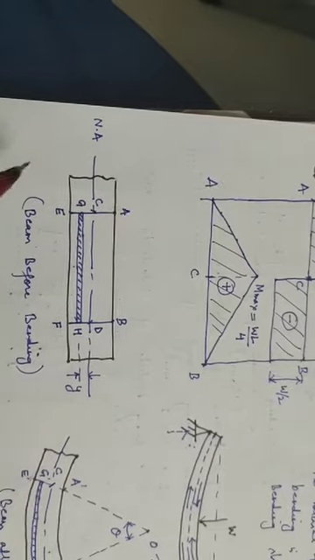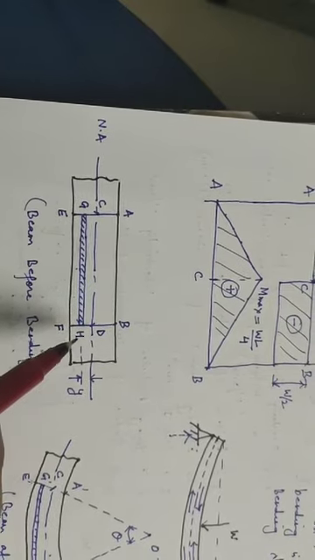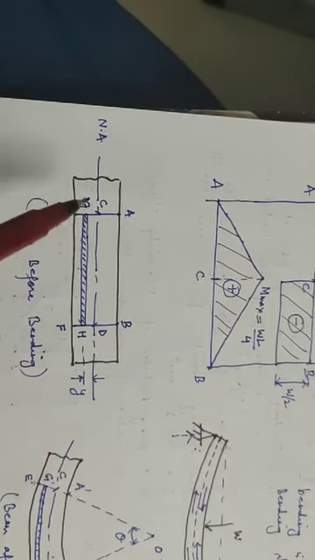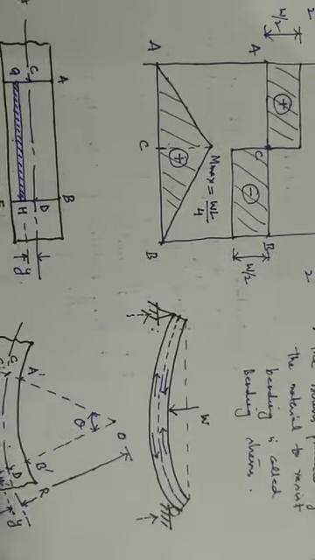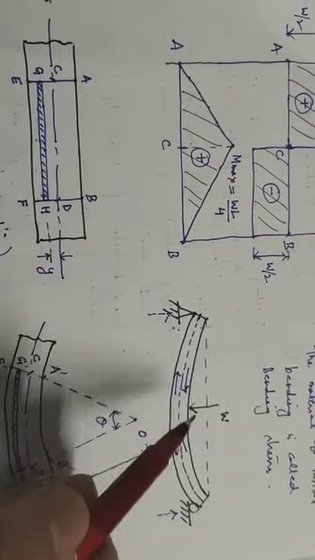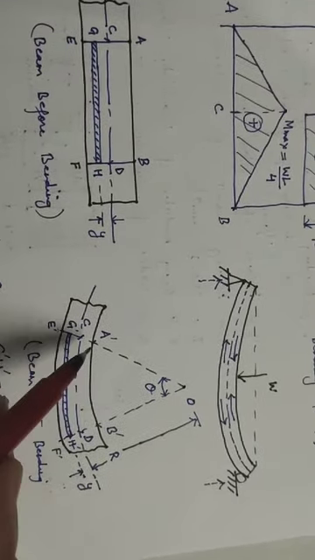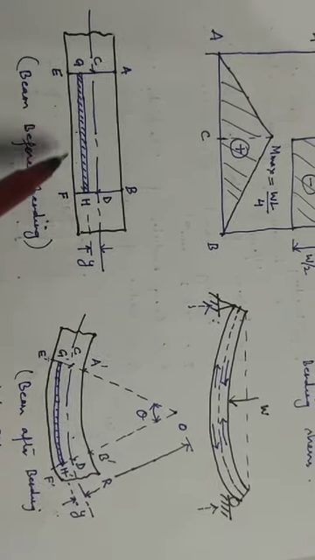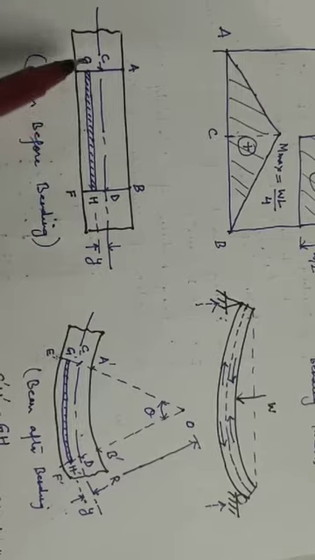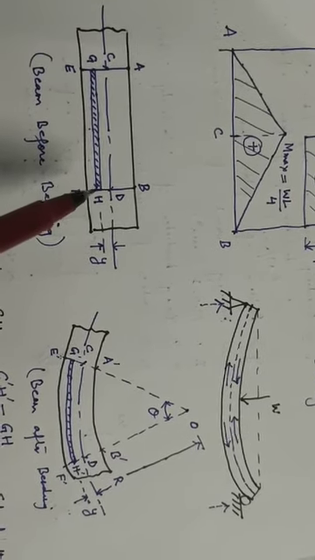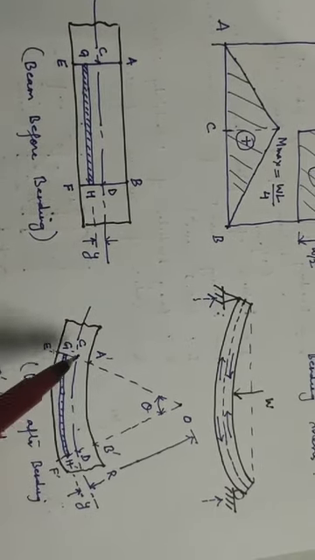So this is the beam before bending. At any distance y, we have taken a small strip GH such that AB is equal to CD is equal to GH before bending. So when the load W acts, the beam will bend. So this part is shown here again. The AB, this will shorten to A dash B dash. EF, this elongates to E dash F dash, and this GH, the small strip which we have taken, that also elongates to G dash H dash, whereas CD remains CD.